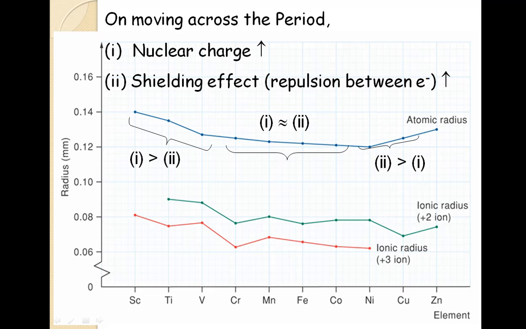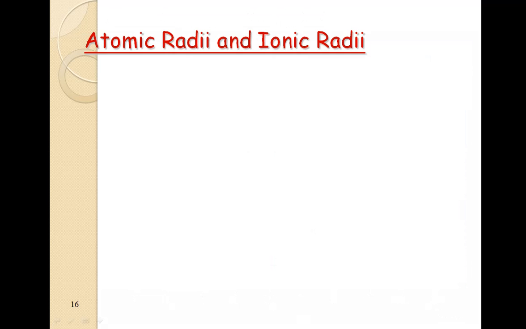If you talk about ions, say in case of plus 2 ion, plus 2 means the electrons have been removed mainly from the S subshell. So here you can see there is a change in the atomic radius. So whenever you get a question regarding the atomic size, just write the electronic configuration and then you will be able to interpret the reason.